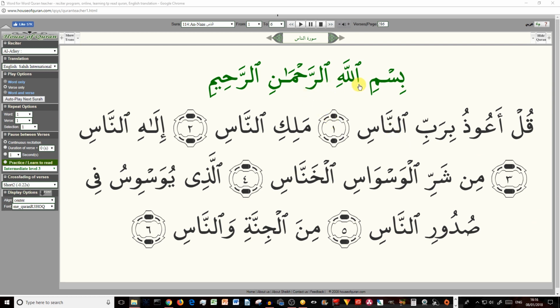Bismillahir Rahmanir Rahim. قل أعوذ برب الناس ملك الناس إله الناس من شر الوسواس الخناس الذي يوسوس في صدور الناس من الجنة